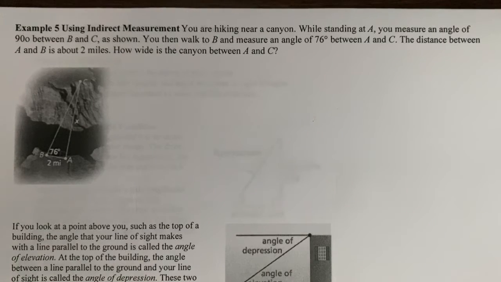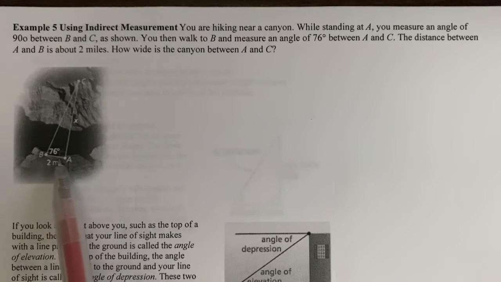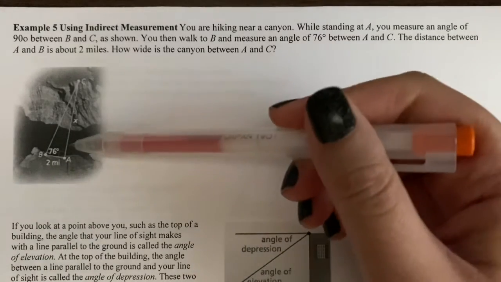So we have a right triangle. If you have a right triangle, then you can use those trigonometric ratios. Let's see what we're given. We know that angle B has a measurement of 76. We know that the distance between A and B is 2 miles, and we're looking for the distance between A